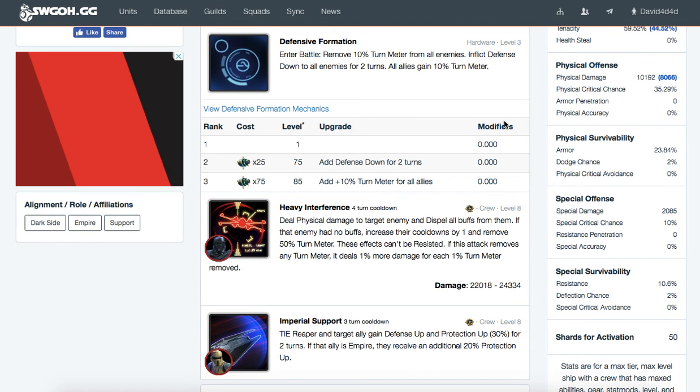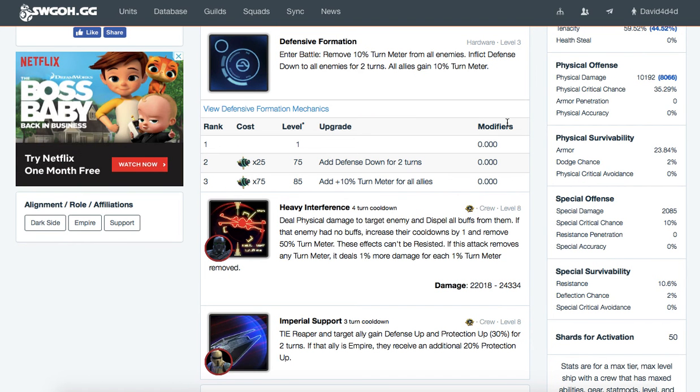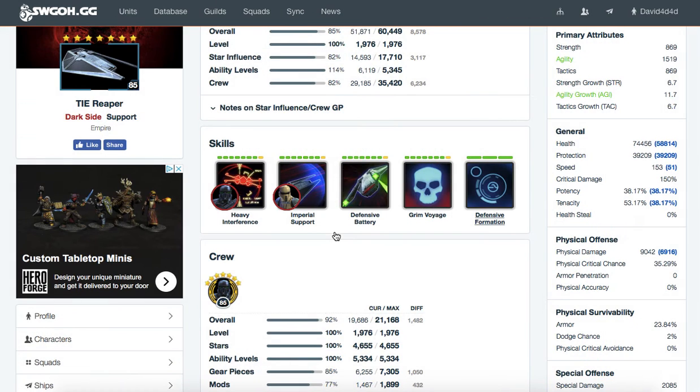One of the awesome things about his reinforcement ability is it removes turn meter from the other side and gives your own side turn meter, so it gives you a potential 20% turn meter advantage, and it's inflicting defense down for 2 turns on your enemies, which means you're going to be hitting your enemies for even more damage, and you often want to bring it out closer to the end of the battle, so that means you're able to get that win up and secure it when a second ago it could have gone either way. On top of that,